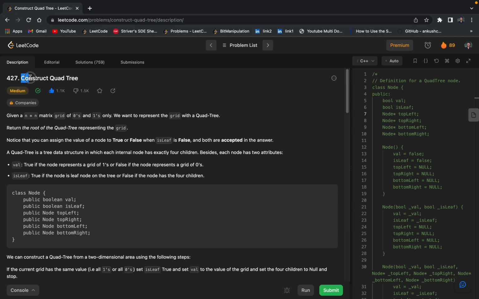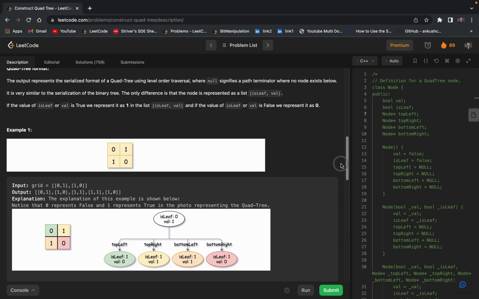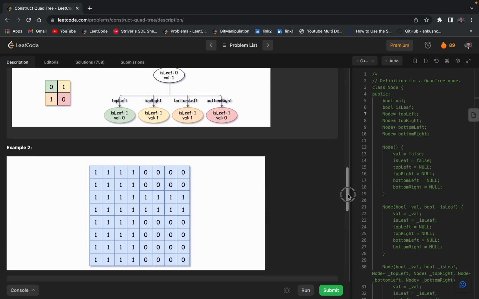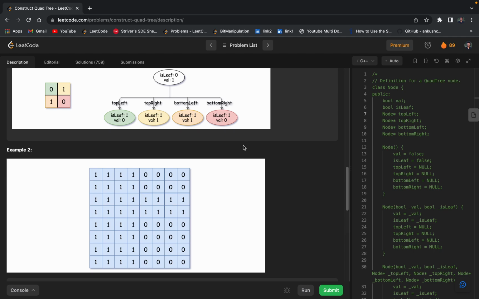We will be solving this question, which is construct quad tree. So let's begin. If you look at the problem description, it's not clear, and you might not feel like reading the whole question just because it's too lengthy and not clear as well, right? I will take an example and explain the whole question, and then I will move towards the solution. Okay,